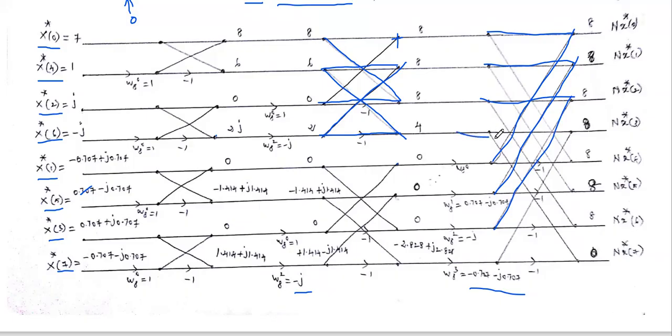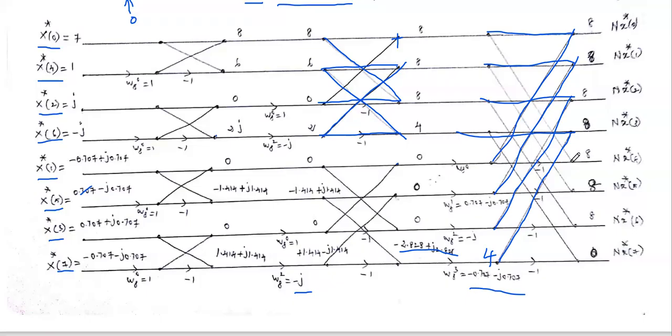And this one, this 4. So 4 is added with this data. What is the data available here? It is minus 2.828 plus j 2.828 multiplied with this W8 power 3. If you multiply these two things, we will get the answer 4 here. So 4 plus 4, the answer is 8. You just multiply these two things separately on paper. The answer for the multiplication of minus 2.828 plus j 2.828 into this thing is 4.